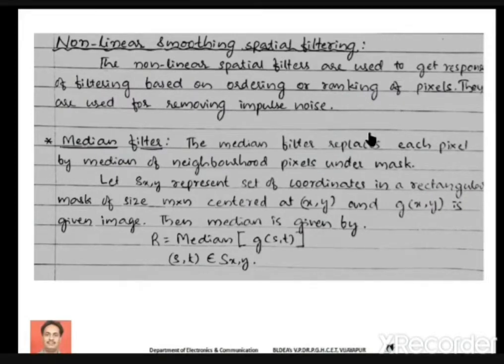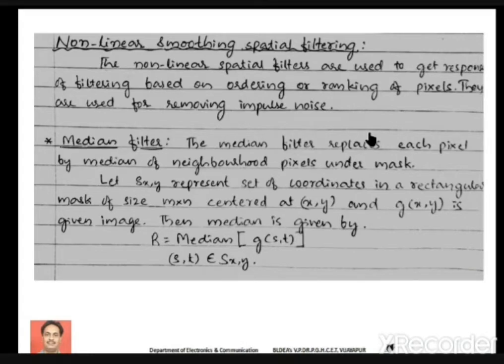Here we have again 4 types: median filter, max filter, min filter, and midpoint filter. We have totally 4 different types of non-linear smoothing spatial filters. Okay, we'll discuss these one by one.